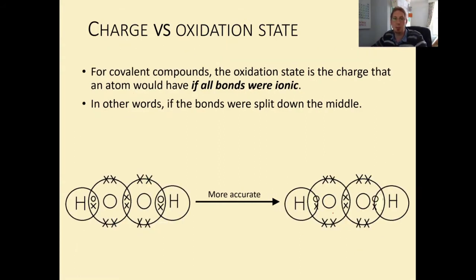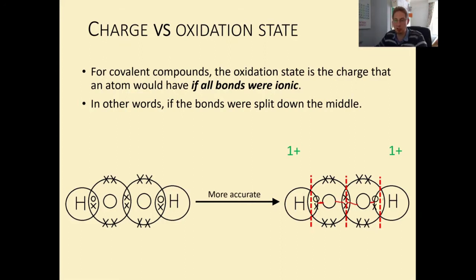Here's a similar example with peroxide. Now again, on the left we've got what you might draw at GCSE, dot cross. On the right, again, we've got a more realistic representation where the electrons are much closer to the oxygen than they are to the hydrogen. But in the middle, of course, where it's pulled by 2 oxygens, you can see that the electron pair is right in the middle. So if we split this up, we would see that the hydrogens have a 1+ charge,